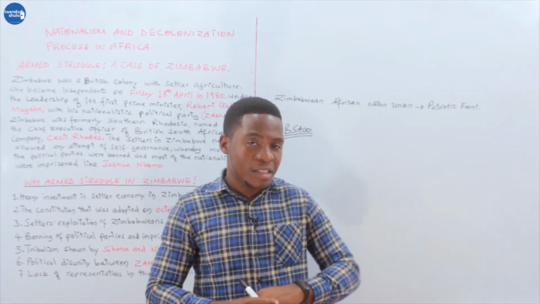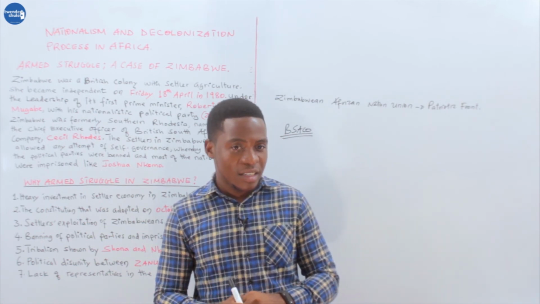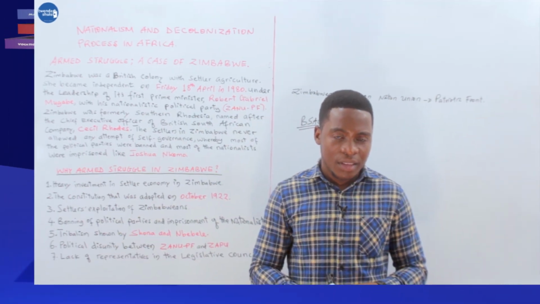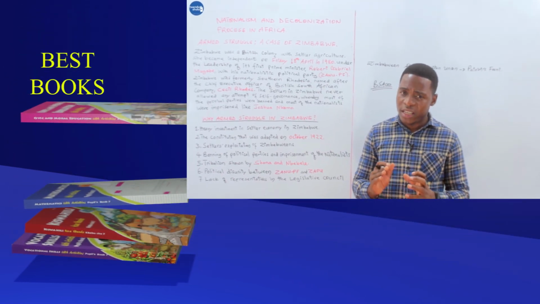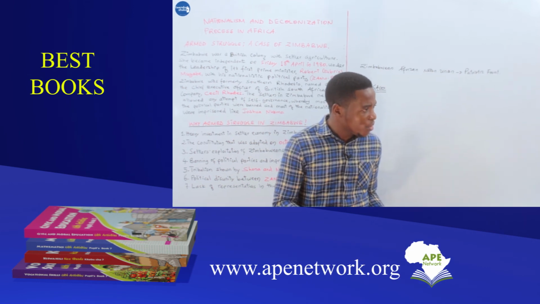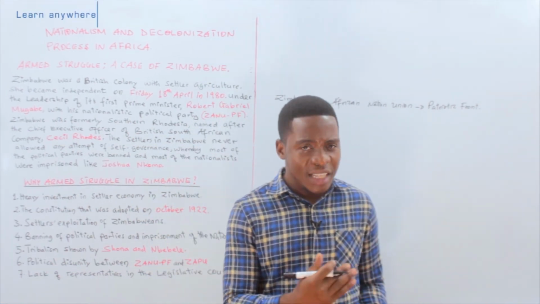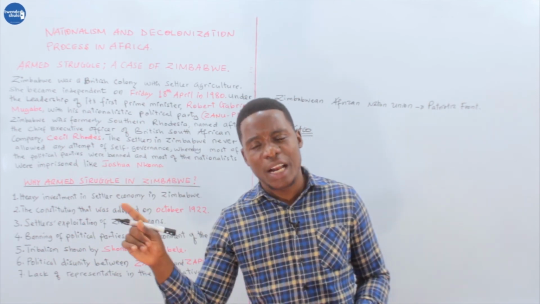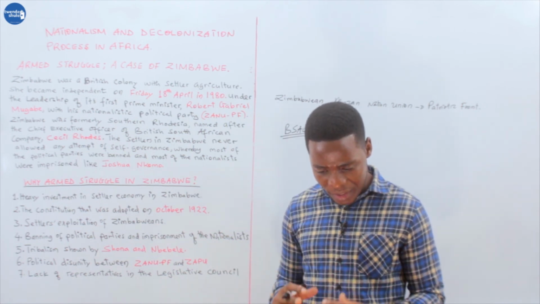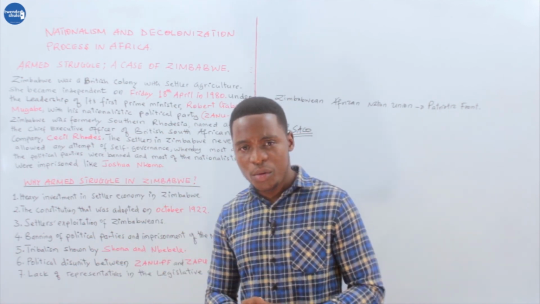I remember one day, a parent was narrating to me that his child committed a mistake, then he slapped him. The child was only 9 years old. Later the child went to the father and said, "Father, why don't we talk? Was it necessary to slap me?" Then the father replied, "The situation forced me to slap you." So the situation that existed in Zimbabwe is what forced the people of Zimbabwe to demand their independence through military means.